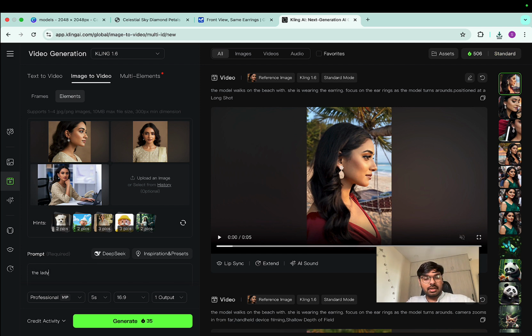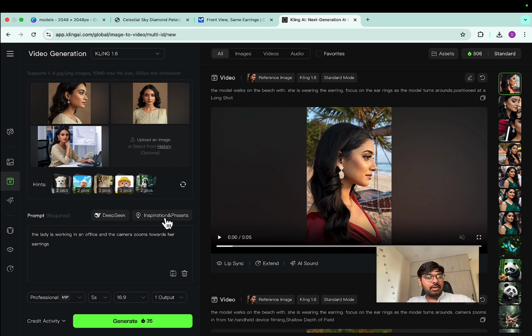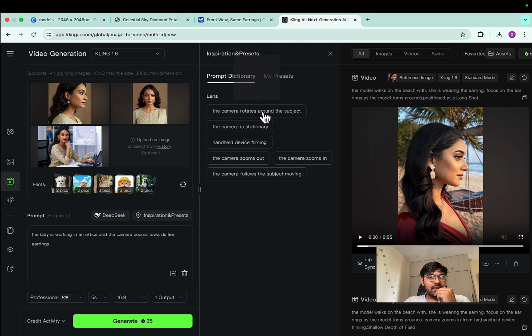The lady is working in an office and the camera zooms towards her earrings. Alright, so there is something called an inspiration where the camera rotates around the subject, camera is stationary, handheld device filming, camera zooms out, camera zooms in. So I think I would want the camera to zoom in, and then